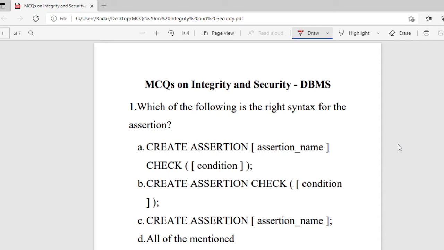So what is assertion? Assertion means it is the condition that we wish the database always to satisfy.